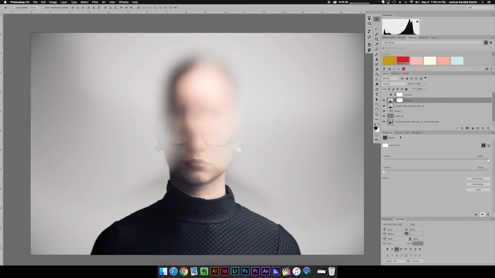Where's my brush? Let's paint away, because this doesn't need to be sharpened. This is blurred. This is blurred for a reason. There's no need for sharpening. So let's paint away. Actually, let's paint back. Let's just invert this. Okay, let me just delete this mask. And then I'm gonna hold down Option and then click on the mask, and it's gonna give me